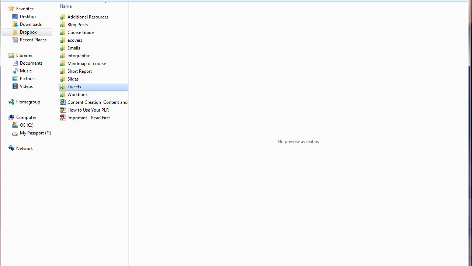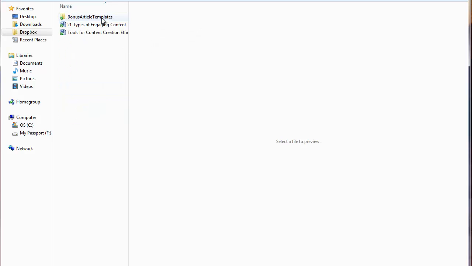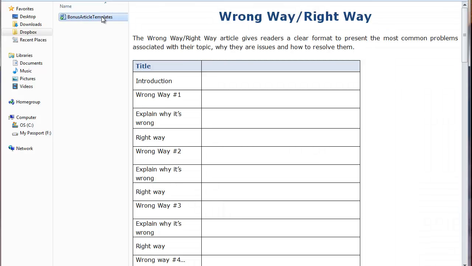Let's see, I think the last thing is the additional resources. So here we've got more article templates. So if you didn't have enough already, here's even more that you can give away or post as resources on your site that people will love, because they can create even more content. And just because this is written out as if it were an article doesn't mean it has to be used that way. This is the perfect kind of thing to fill in what you wanted to say and then make it into a video or slideshow or infographic. This is a great thing for an infographic.